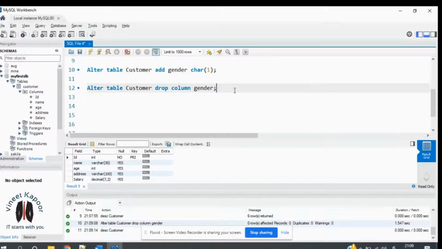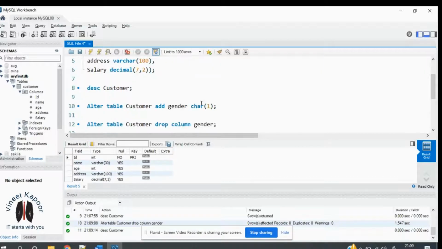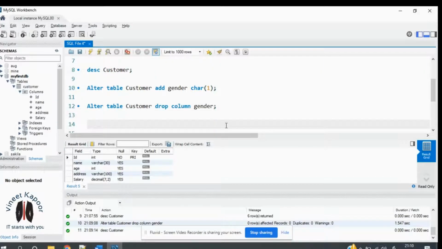Okay, now next thing what you can do. Suppose you have created this name with a varchar 30. Now suppose there is a name which is more than 30 characters and you want to change this varchar 30 to, suppose, varchar 90. So how can you do this? You have to write an alter command. For that you have to write alter table